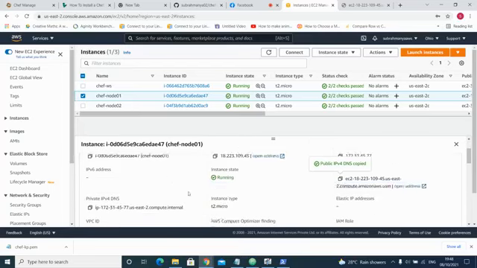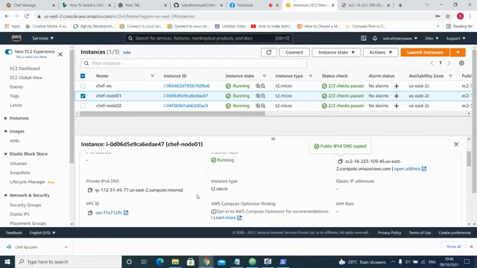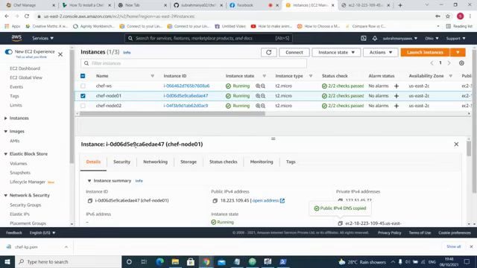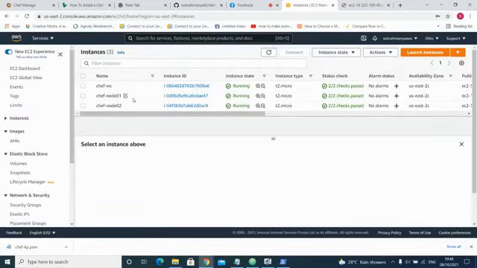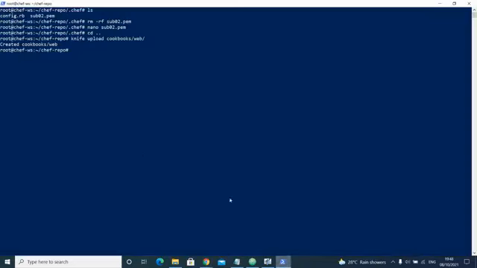If you look at these two instances, I'm using chefkp.pem for both of these instances. That key pair I have to recreate in my workstation. So let me recreate that and then we'll proceed further.